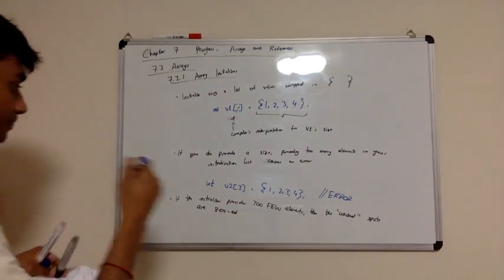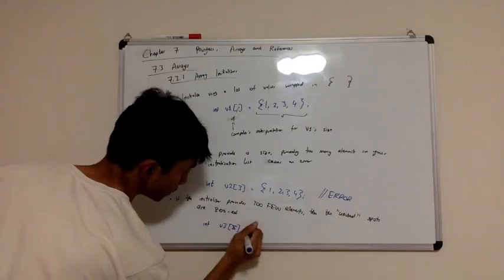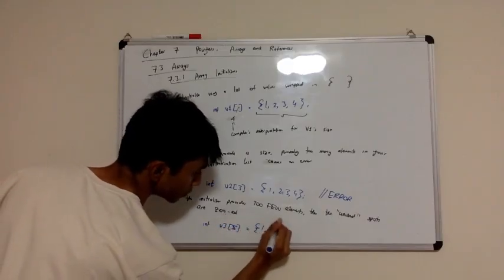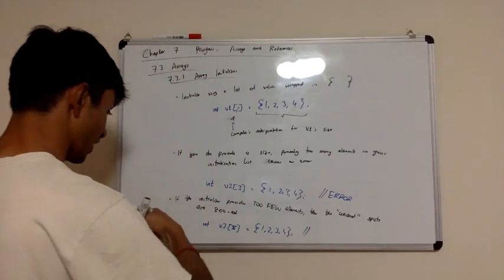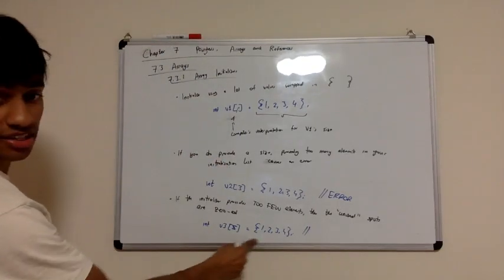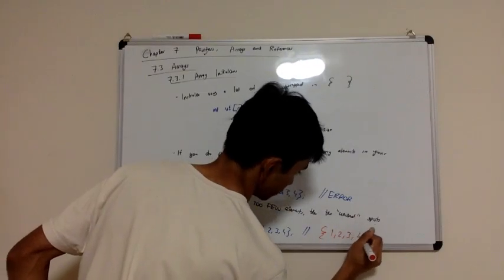So for example, if you said int v3 is 5, but then you only give 4 elements, 1, 2, 3, 4,